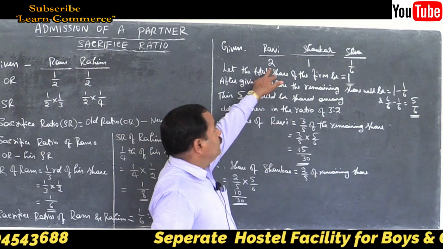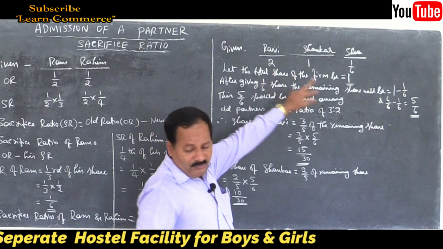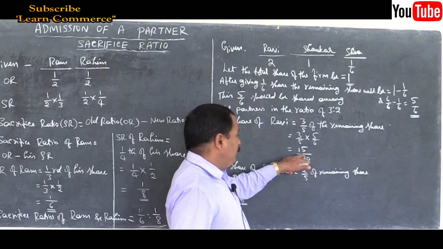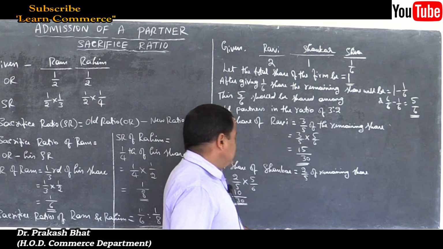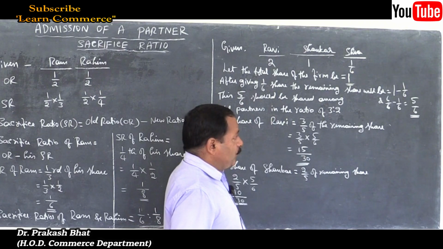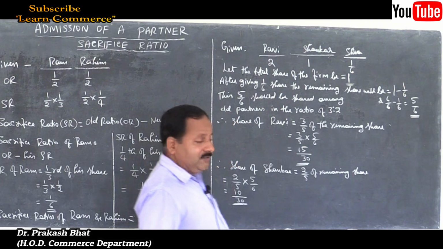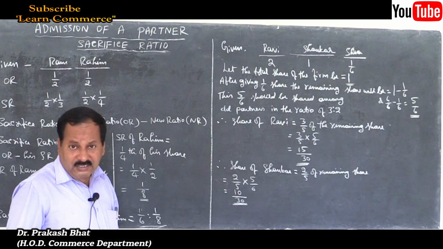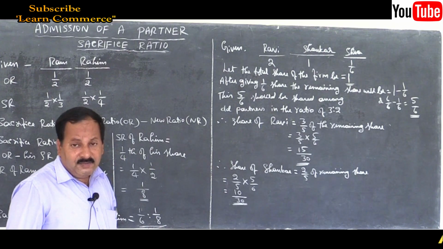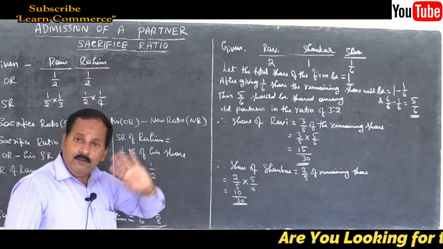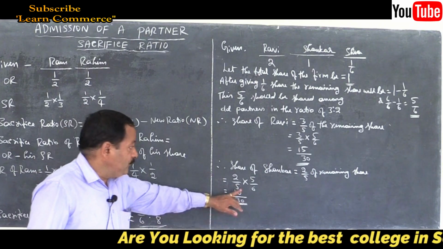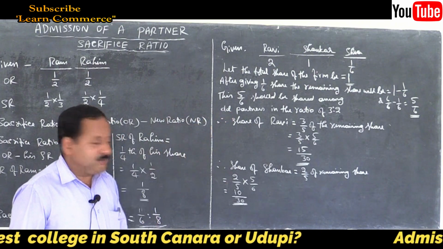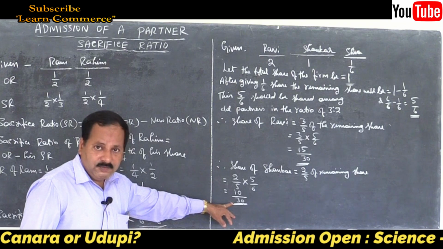We have the old ratios of the old partners. 2:1 was their old ratio, and new ratio is 15/30 is to 10/30. What about the remaining 5/30? That is the share given to the new partner. Very simple. 1/6, or when we convert it to 30 denominator, 6 5s are 30, so numerator will be 5. Remember, 10 plus 15 is 25, plus new partner share 5, 30. So denominator remains equal. That is how we have to solve it.